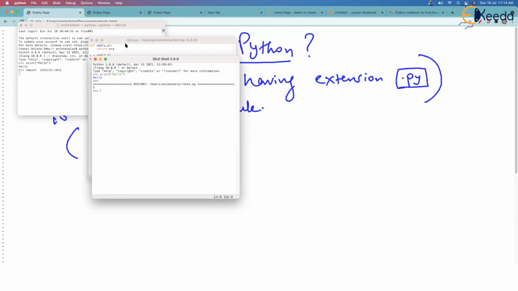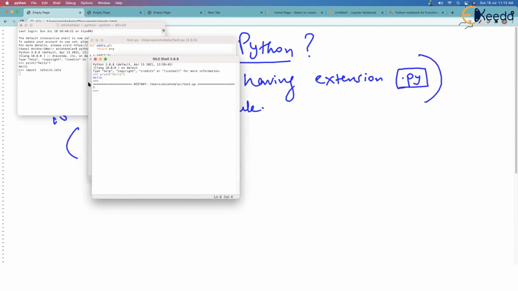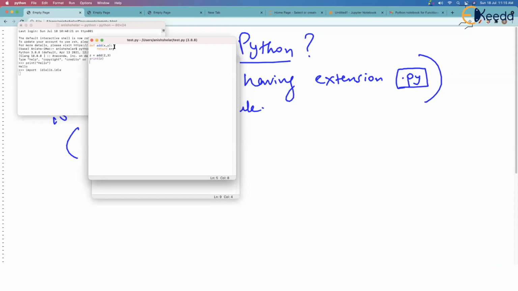What happened is on this prompt we gave run, isn't it? The run option, and the output has been shown on the Python IDLE window. 5 is the output. So that's it. This is what we will be using, so that we can create files with extension .py.